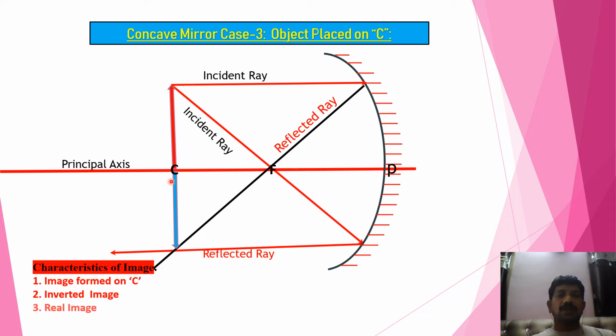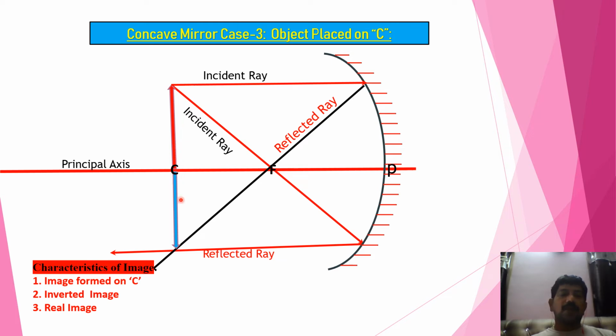So, see what are the characteristic features of this one? Image is formed on C, exactly on C. Next, what type of image is it? Inverted image. Next, you can catch it on the paper, so it is a real image. The size of the image is exactly equal to the size of the object. So, the thing you have to remember is, when the object is kept at the center of curvature,